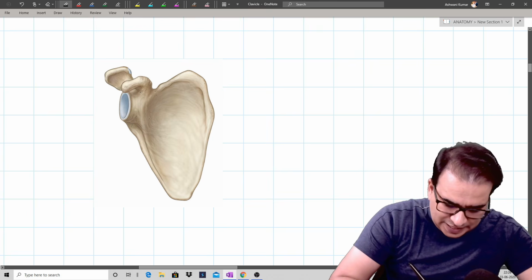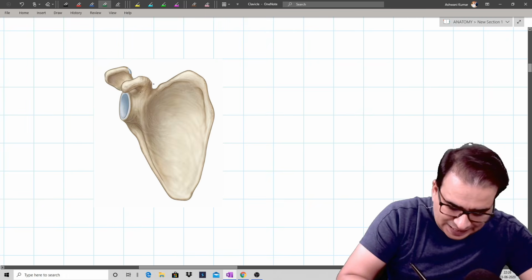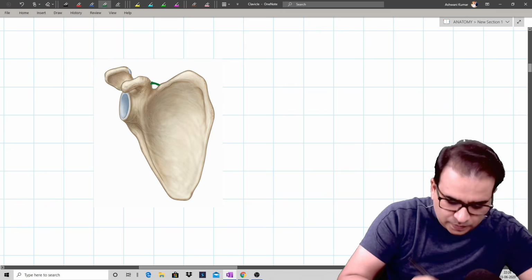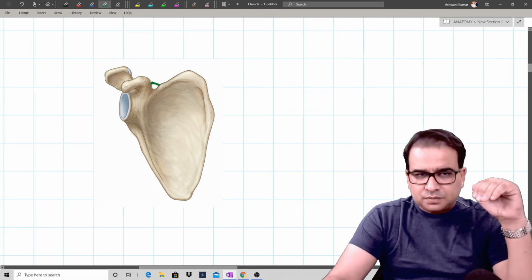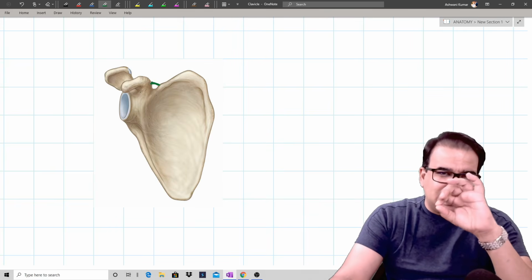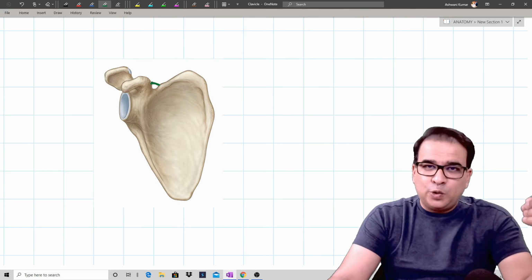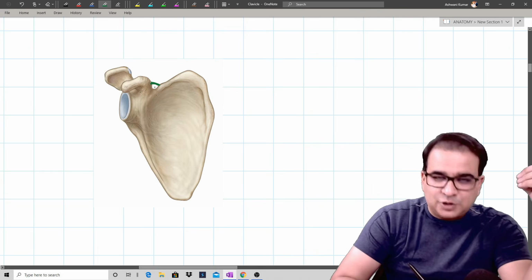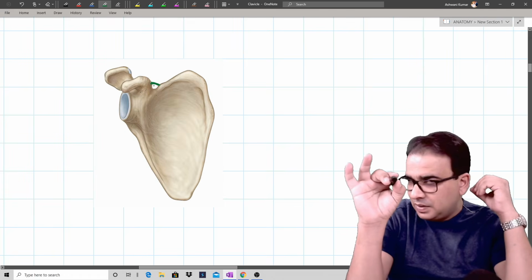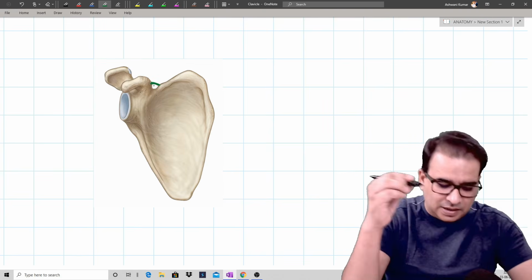Starting with this notch that you are looking at here at the upper border, guys, this notch is called the suprascapular notch. And this suprascapular notch is bridged by a ligament also, the suprascapular ligament or the transverse scapular ligament. So there's a ligament present above that. Sometimes this ligament is ossified, so it becomes bone, and you have a foramen actually. It looks like there's a foramen along the upper border of the scapula. So we simply call it suprascapular foramen.